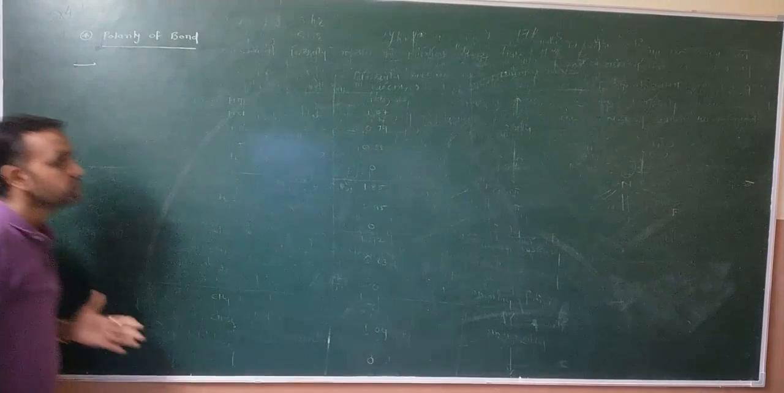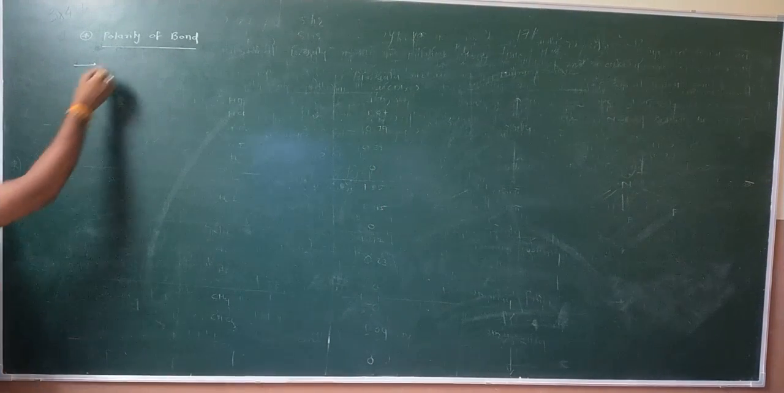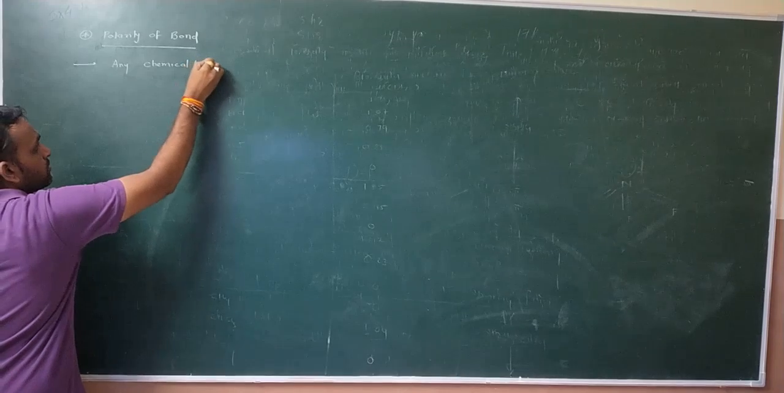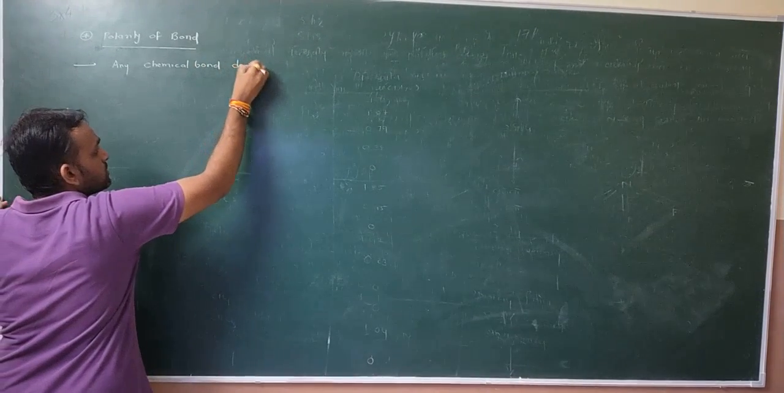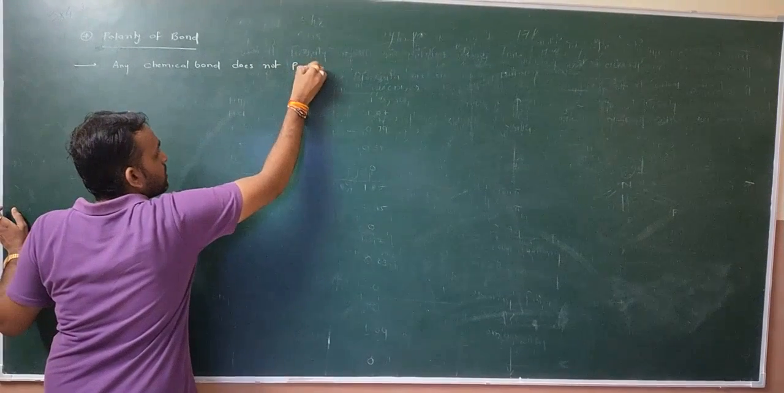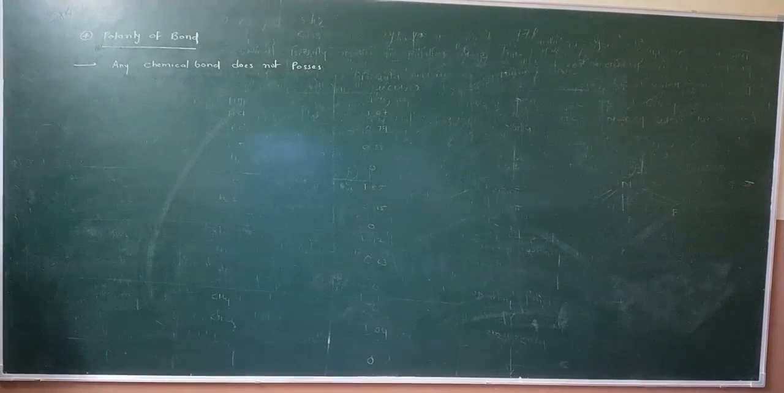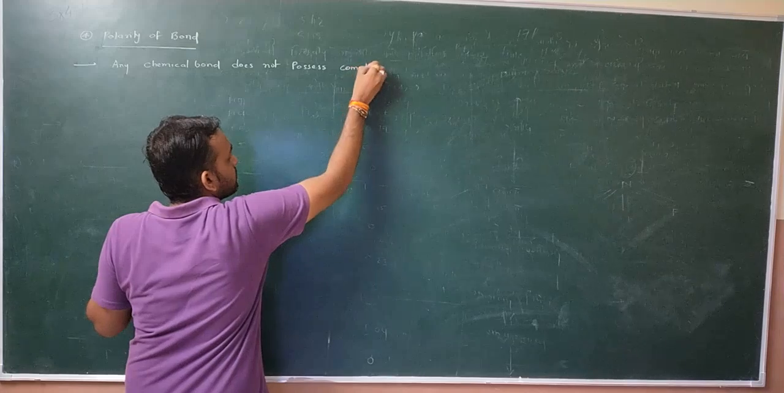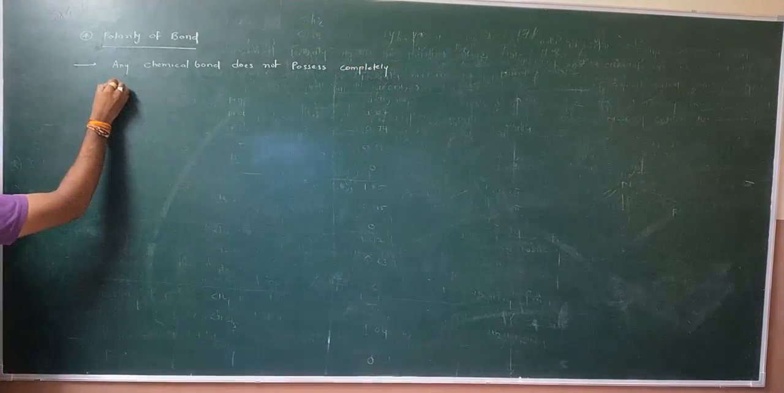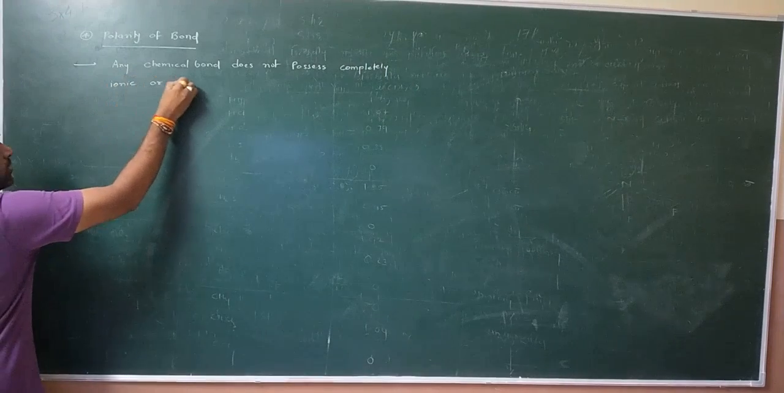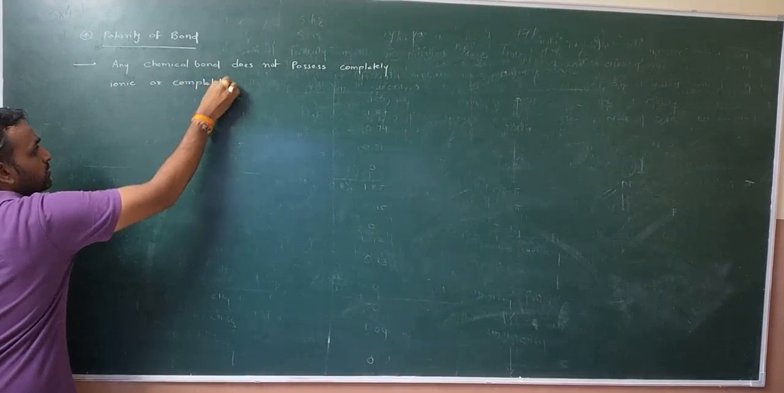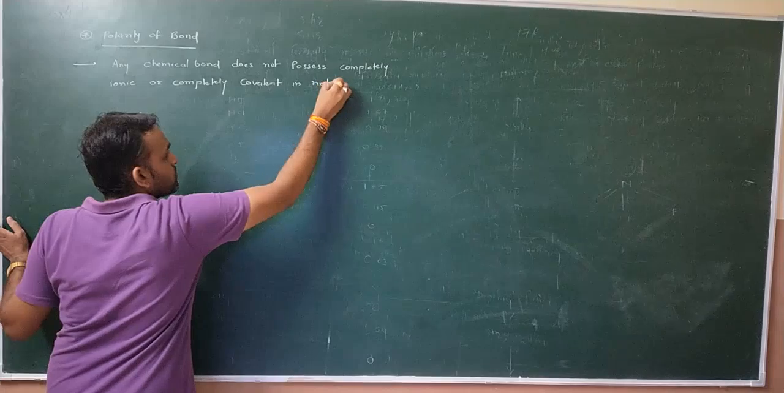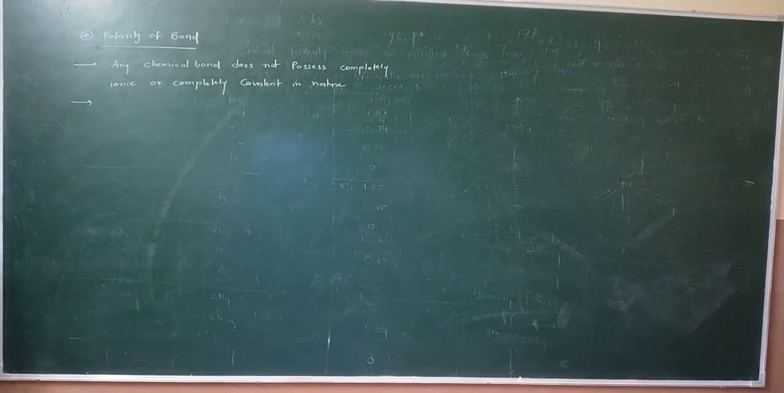So let us write out the first point. Any chemical bond does not possess completely ionic or completely covalent nature. If I take the example, just like in